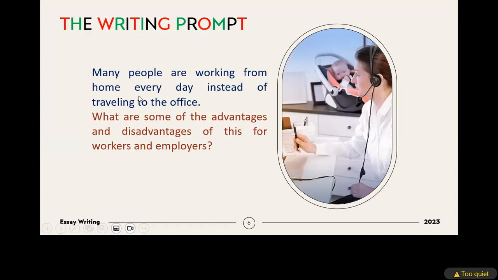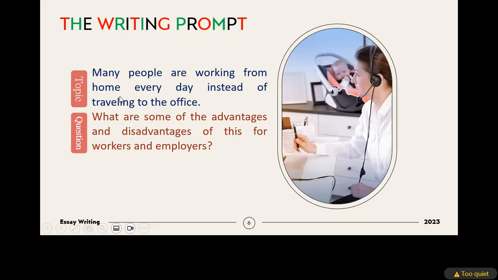Many people are working from home every day instead of traveling to the office. And here we have the question, what are some of the advantages and disadvantages of this for workers and employers? Now, if you look at this prompt, actually there are two parts to the prompt. This is the first part, which is the topic. What am I going to write about? And the second part of the topic is the question that I need to answer. Now, this is kind of a background, and this is the question that I